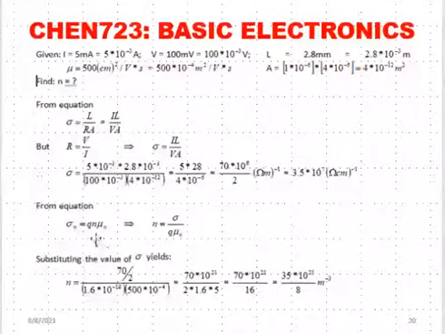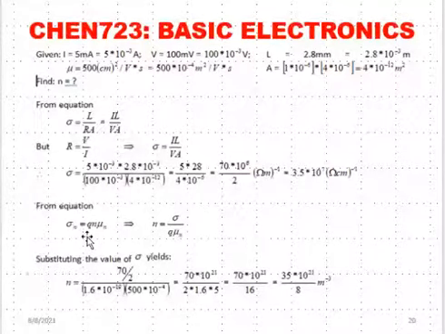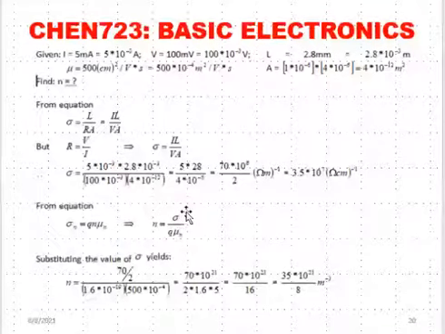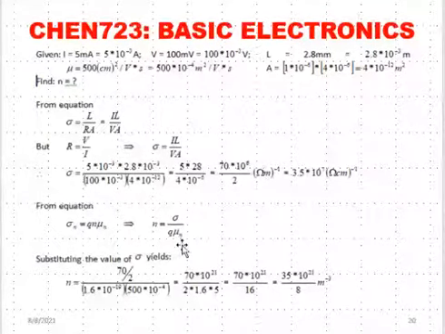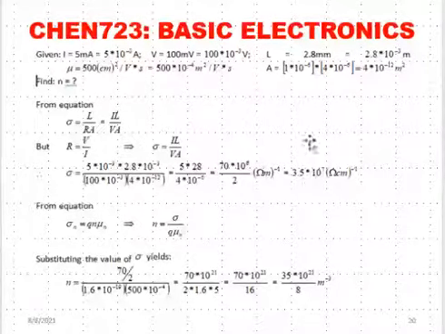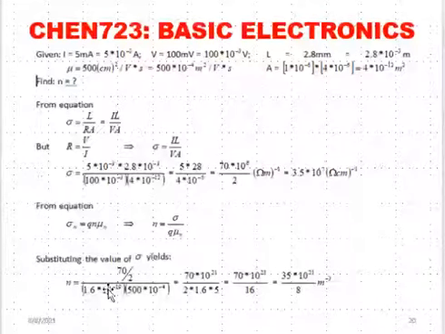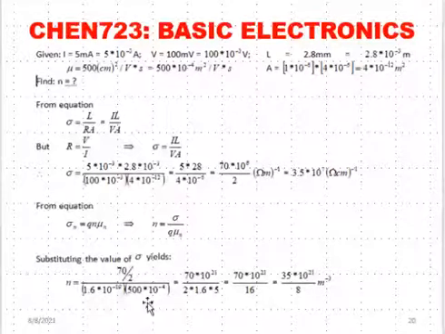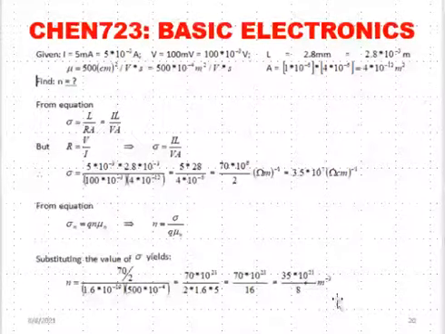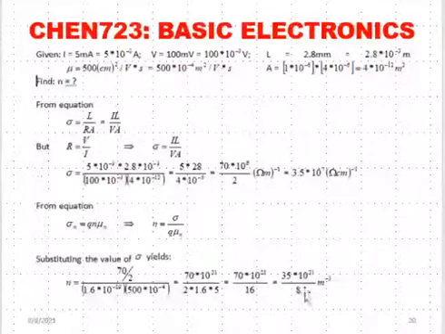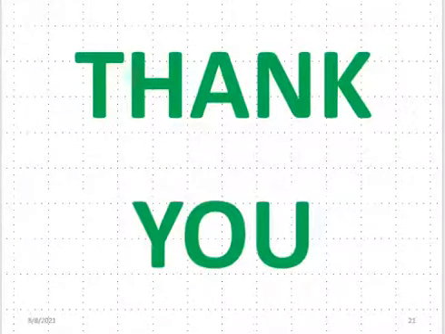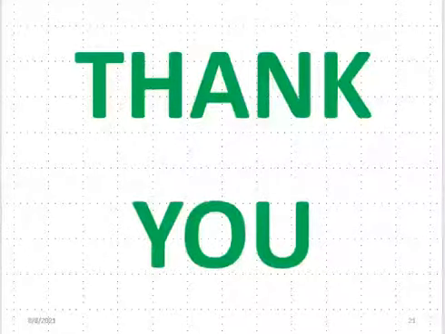Now this is the conductivity, but what they said we should find is the concentration, which is the N. And from this formula, the conductivity is equal to Q N mu E. So N is equal to sigma, the conductivity, all over Q mu E. The sigma is what I have just calculated, all over Q, the charge of electron, and mu E is the mobility of electron given. If you simplify, you end up getting 3.5 times 10 raised to power 21 all over 8. You can divide the 3.5 by 8 to get the final answer.